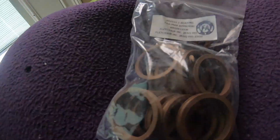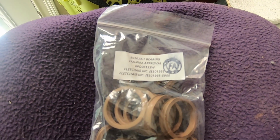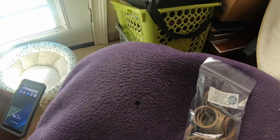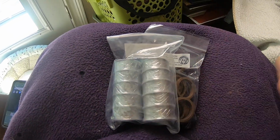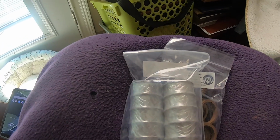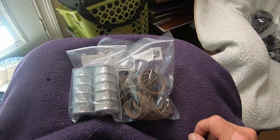Then we also have a bunch of the bearings. Here's the 902013-1 bearing. Those are for the ailerons. They also go on the elevator. Then you also have the -2 bearings. These are for the flaps. These go inside. And then finally, we ordered a bunch of the -3 bearings, and they go with the big